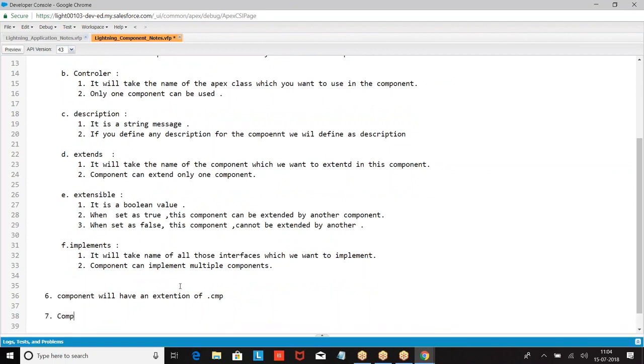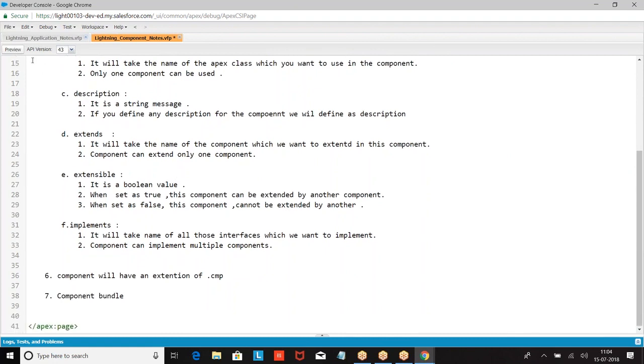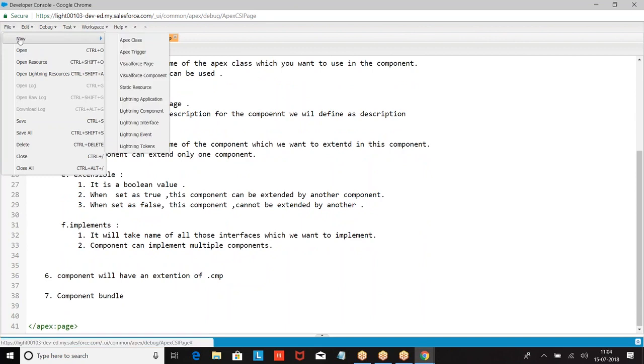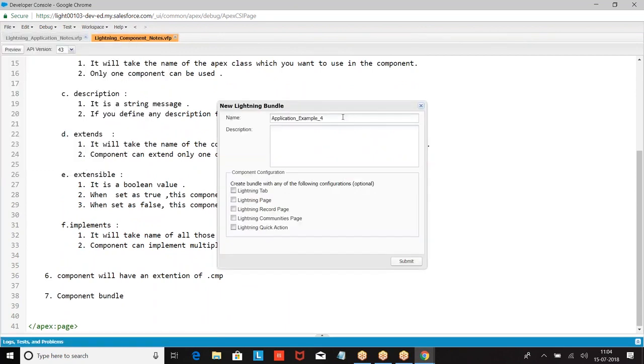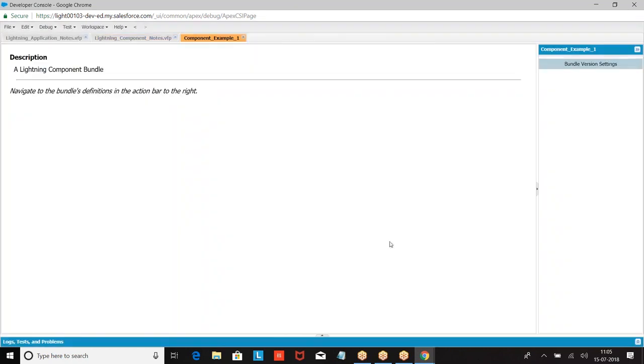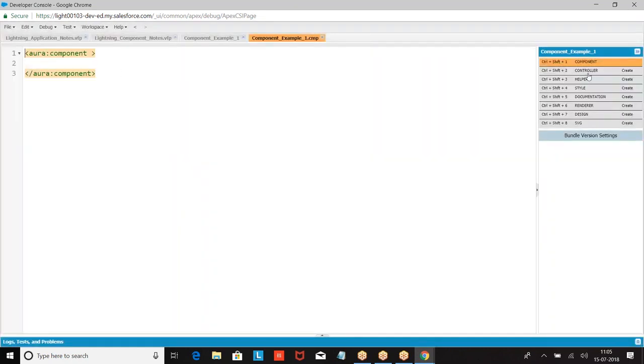Component bundle. People keep using the word component bundle. So what do you mean by Lightning component bundle? Look at this: component, controller, helper, style, documentation, renderer, design, SVG.